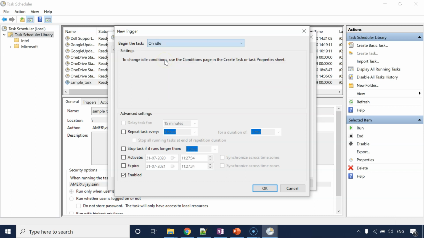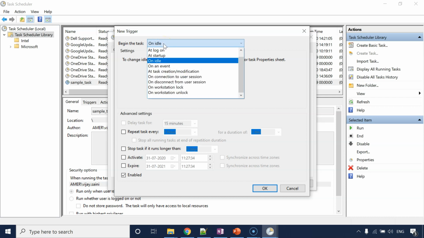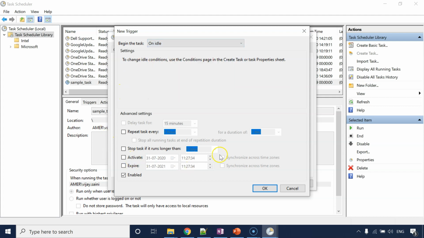Similarly, if your system is idle, you want to send some email or you want to execute some other program to bring it into active state, something like that, you can execute that. And based on the option you select over here, you get different advanced settings to further fine tune your scheduled task, right? Moving on.